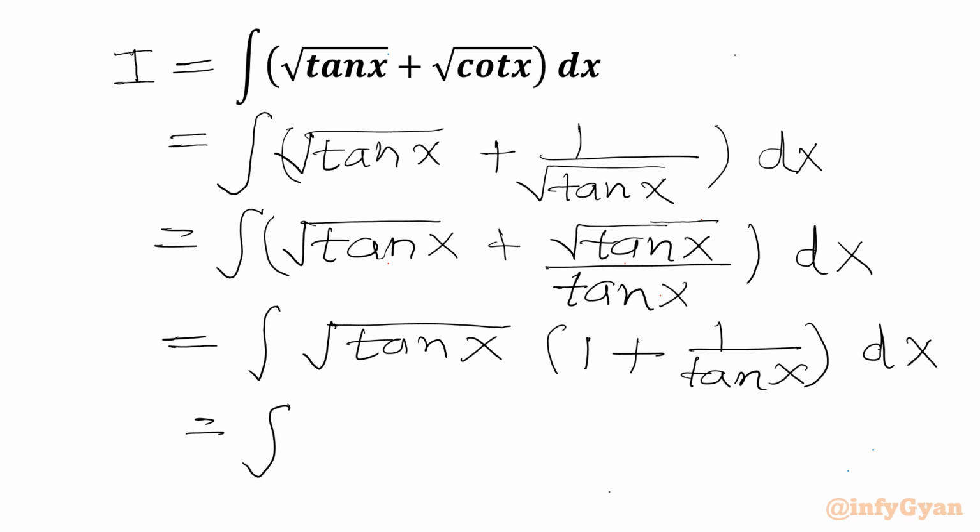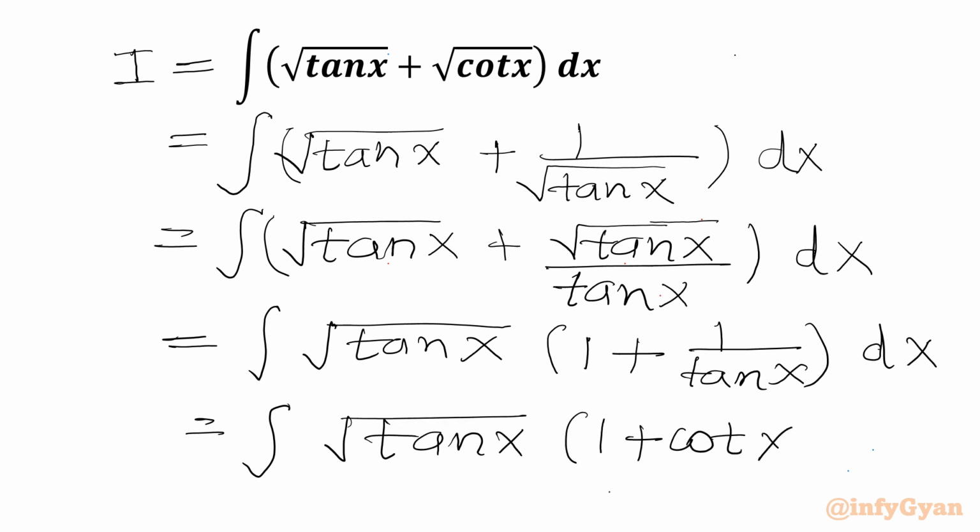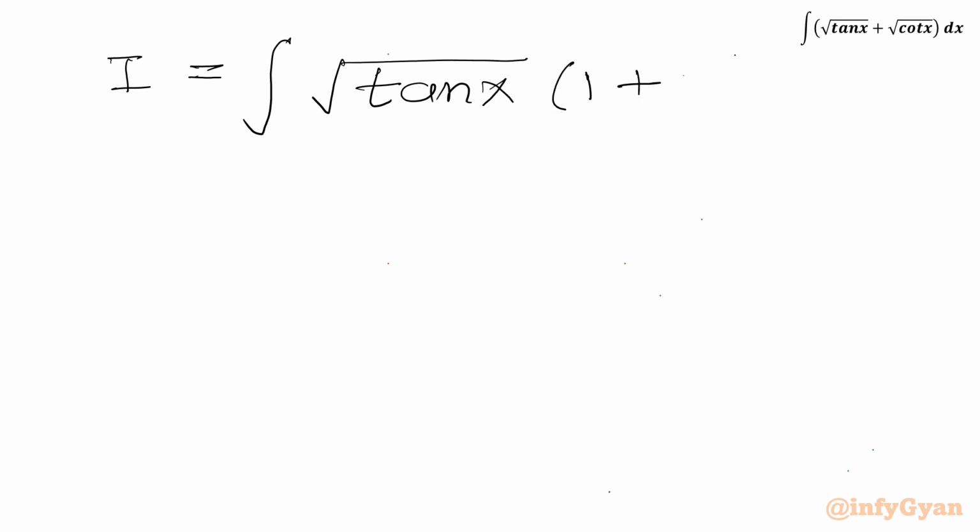So we can write integration square root tan x in bracket 1 plus cot x dx. This is so far I. Let me write here I equal to, I will be writing integration square root tan x in bracket 1 plus cot x